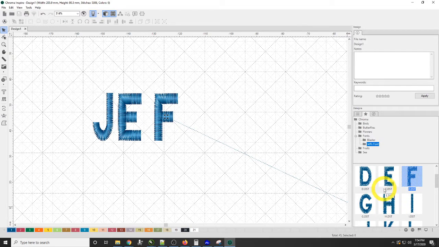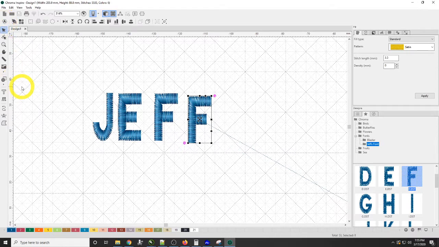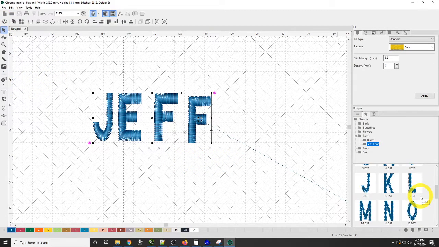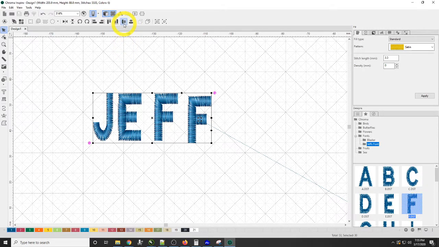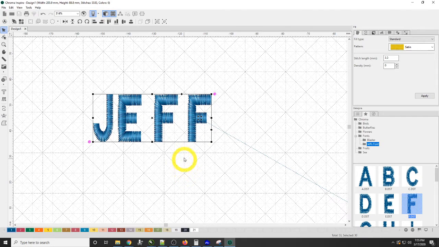I think that it's just a lot easier. It takes away a lot of the frustration of having to go to File and merge and bring in every letter by itself. This, you can just kind of scroll through and grab them. It's not a perfect solution, but it's a lot easier than the other solutions that are out there at the moment. The other way that you can